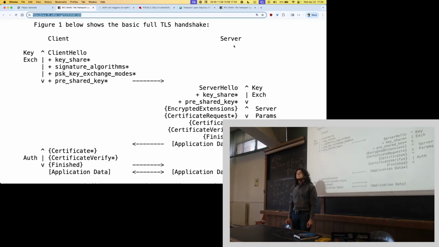The answer is that it just guesses. And then there's a mechanism called hello retry request, where the server can answer, you guessed wrong, use this one. And then you just repeat from the top, but using that one. Which is simple, and it works. What if your guess is wrong? If you guess wrong, instead of getting a server hello message, you get a hello retry request message, which is a different message. It has a different byte at the beginning, so you can tell them apart, because again, everything is type, length, value,